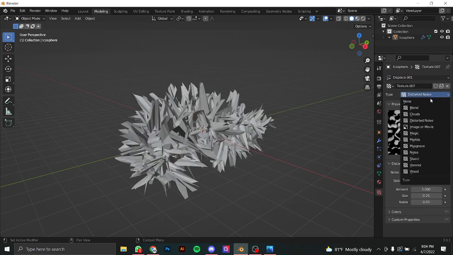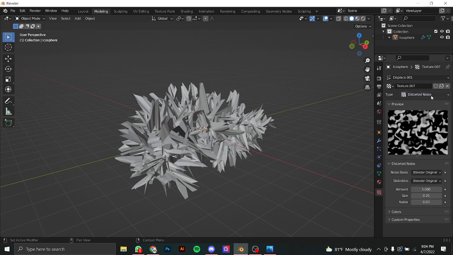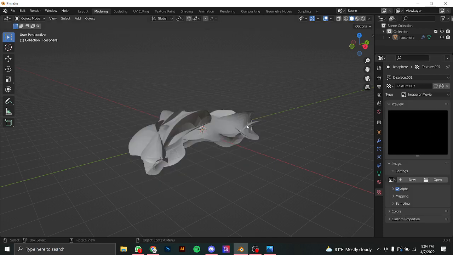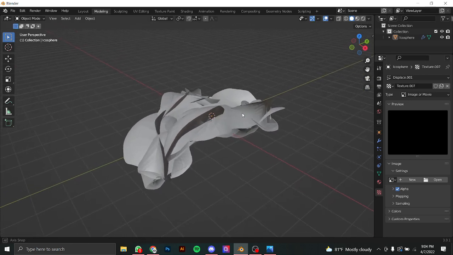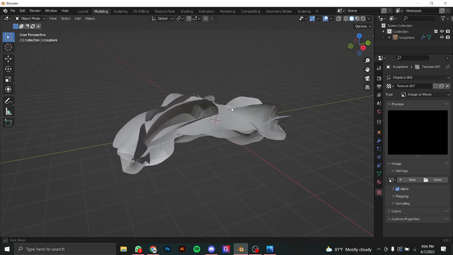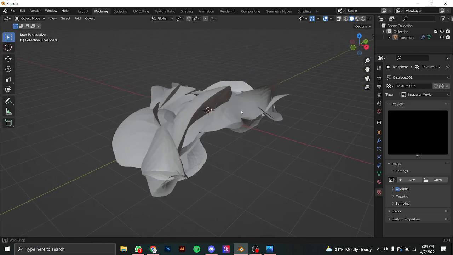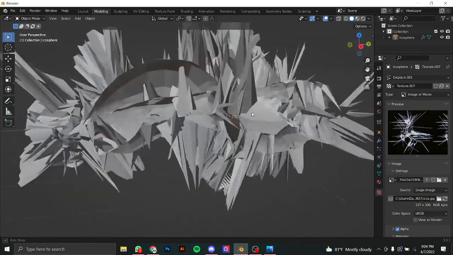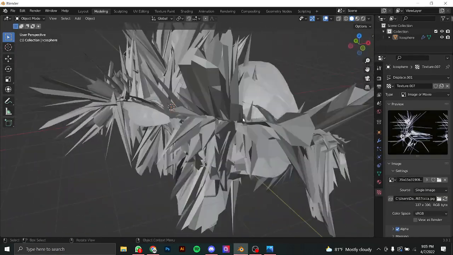So instead of distorted noise, you want to go into image or movie. I guess you can also put in an animation, which is cool, but I haven't tried it yet. We're going to do a picture now. You can do open, go to wherever you saved that thing, and just put it on top. Now it's going to look crazy because